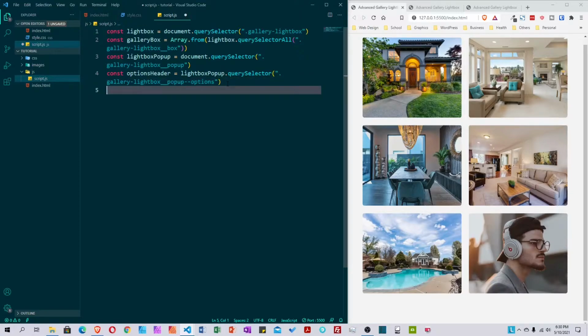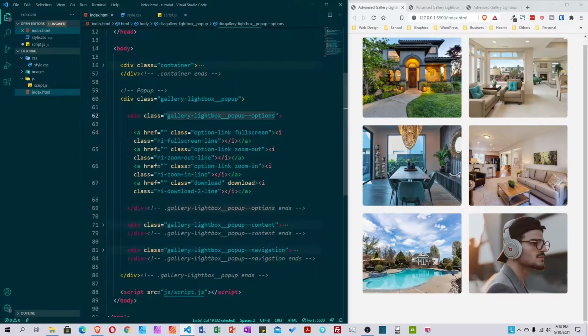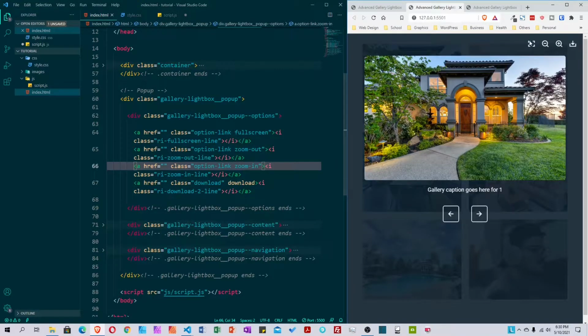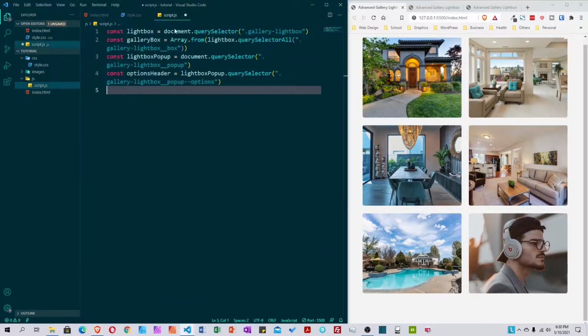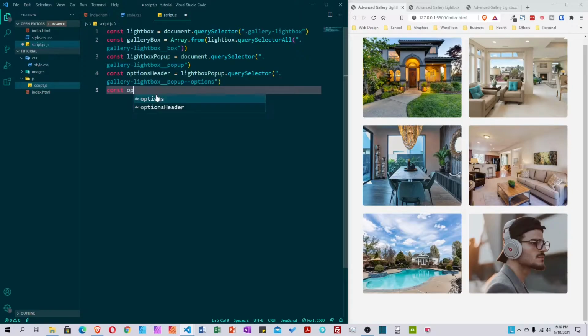After that, we're going to grab the links inside of all of this. Now you can see we all have a class called option link. Option link is because of the anchor element. So when you click it, it will reload the page, refresh the page. That's why we will use this one to stop the default action. So we're going to grab all of them. We can just say constant options link,